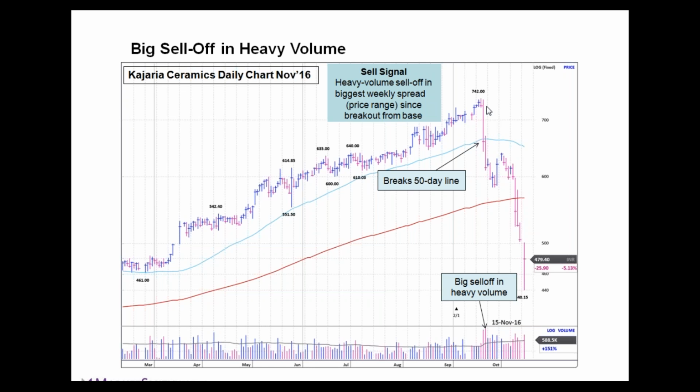So this is nothing but when we see a stock falling by a great margin and also on very high volume, that is nothing but a big sell-off. It is a sell-off on high volume. So this is not a daily scenario. This generally happens when there is some bad news about the stock, or there is something negative about the stock. So this is another case where we have to be really careful of, and we should see when the stock